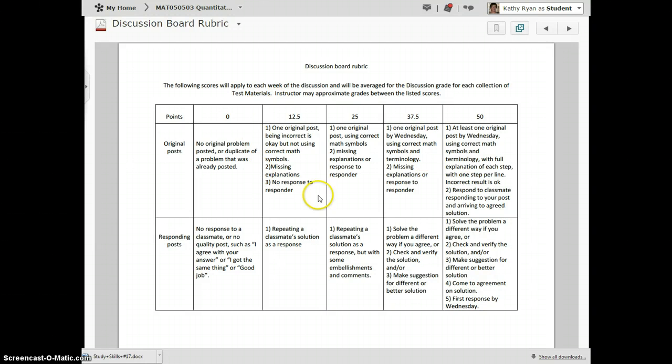So take a look at this. I want you to realize that we are asking you to do this work for your own good. This is really going to help you, especially if you can explain a problem to someone else. That shows that you really understand it, and it gives you more confidence that you'll be able to work on it and do this on your own as well. So please participate in the discussion. If you're not, you're only hurting yourself. So that's the biggest point I wanted to make this week.